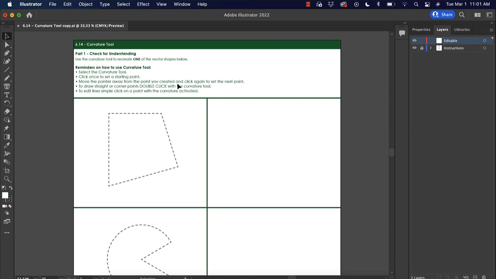The pen tool is the one I prefer. I think it allows more precision, and overall, once you learn the pen tool, you can kind of make anything. But for today, let's practice with this tool. The curvature tool is located right underneath the pen tool. Shift and, was it a little asterisk, is the quick key. Now you can tell right from the beginning you're using this tool because it has a little squiggly line